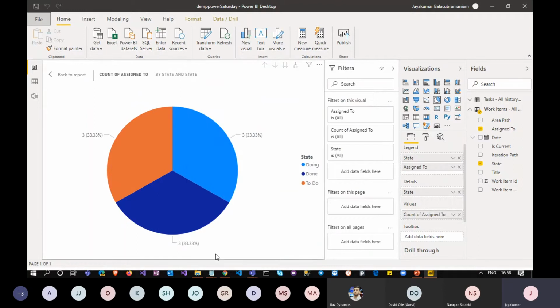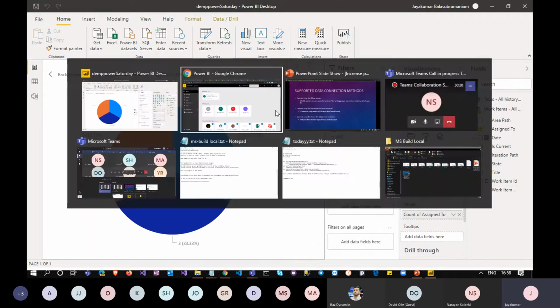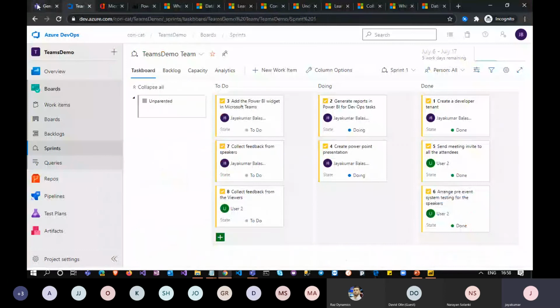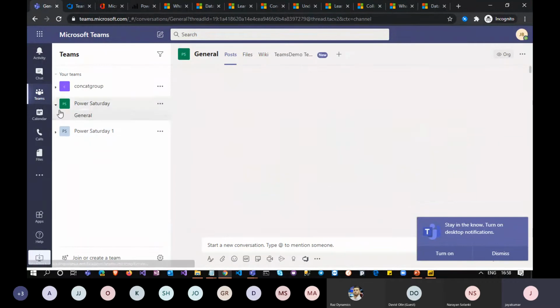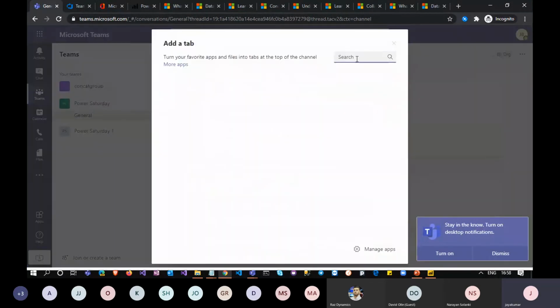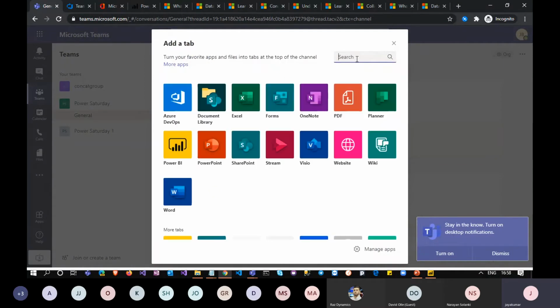It's got deployed to our workspace now. Now let's go to the team. Even if it is a different team, you should be able to add your report, I guess. Now we have another connector here, Power BI. We have used the Azure DevOps connector in Power BI to generate the reports, and now we are going to use the Power BI connector within Teams. So it's all interlinked with each other: DevOps to Power BI and Power BI to Teams. Now we have a connector for Power BI.